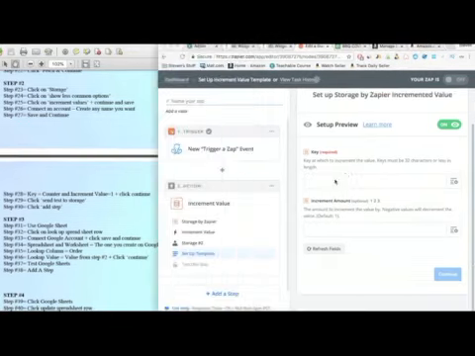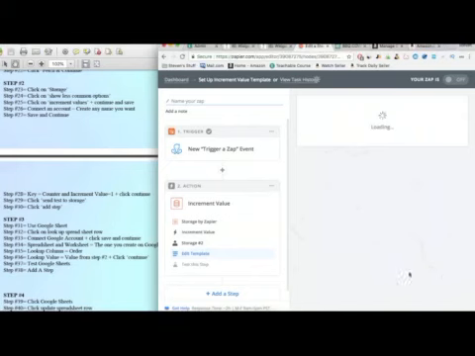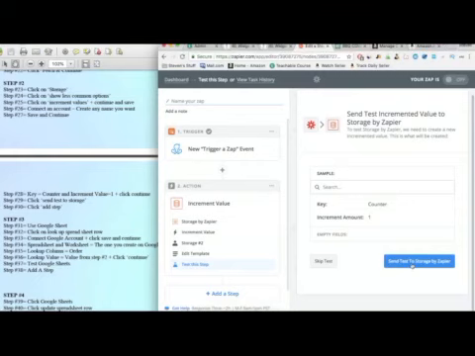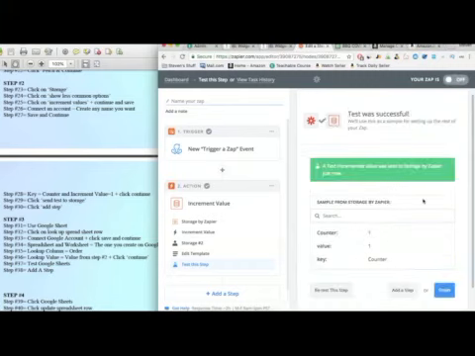So under the to be putting in counter, you're just going to type in counter here, guys. For the increment amount, you're just going to click 1. Okay, so this is what it's going to be pulling from the Google Sheet again. So have that set up, then you're going to click continue. And then you can send a test. You always want to send the test to ensure that everything is working step by step. There's only the last 2 steps, steps 6 and 7. We are not going to be sending a